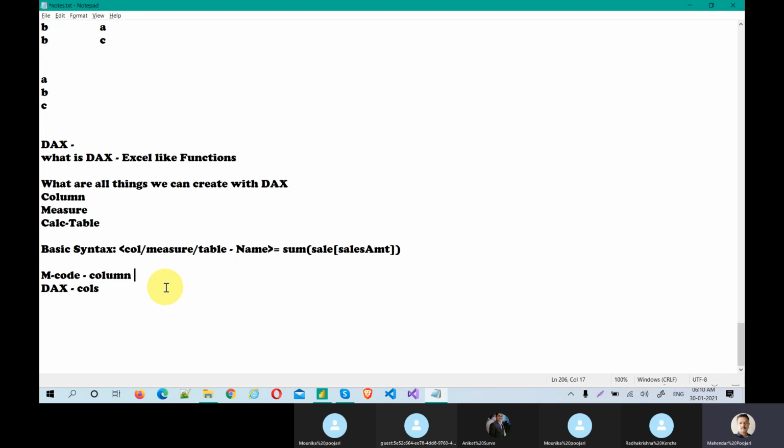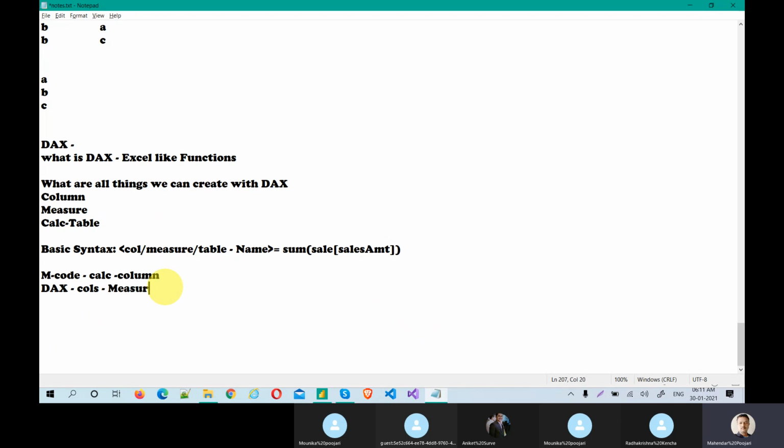So the calculated column will be created here. But you should know the difference, like why in terms of performance, why in terms of the size of the PBIX file, right? So you know how to model and how to reduce the size of the PBIX file.